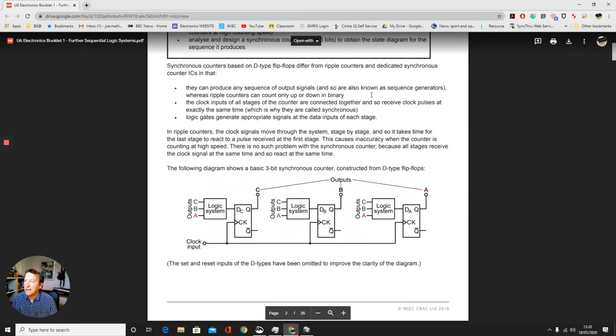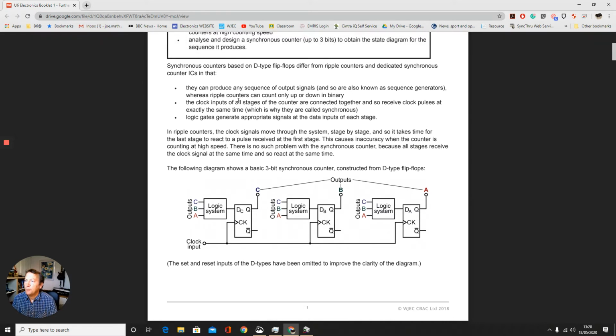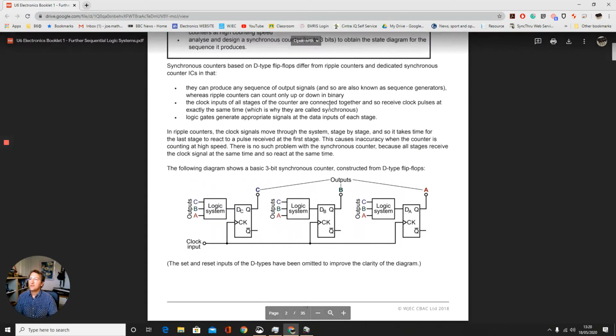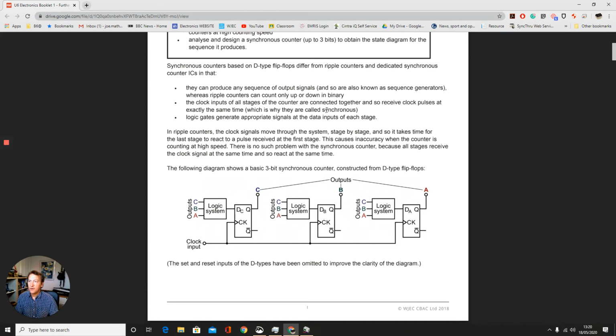They can count up and count down as well. The clock inputs, this is important, the clock inputs of all the stages of the counter are connected together, and so receive clock pulses at exactly the same time, which is why they're called synchronous, because they're synchronized together. That means they can count at a much higher